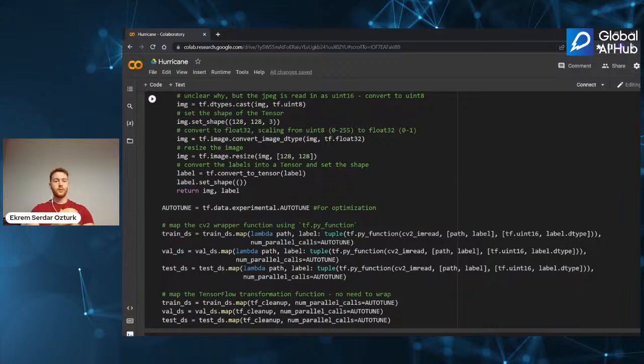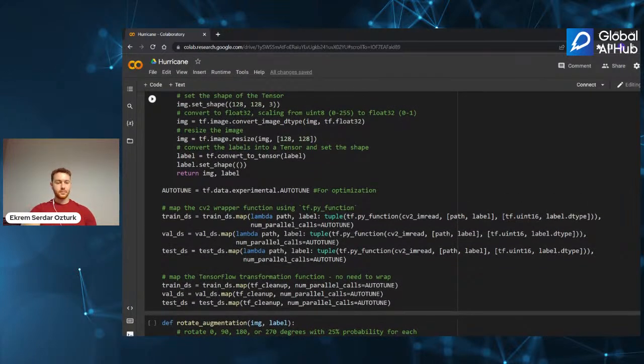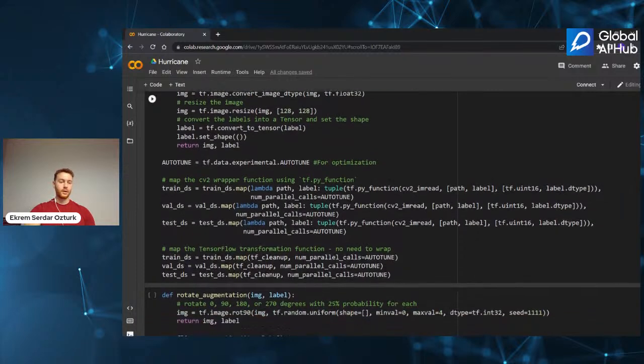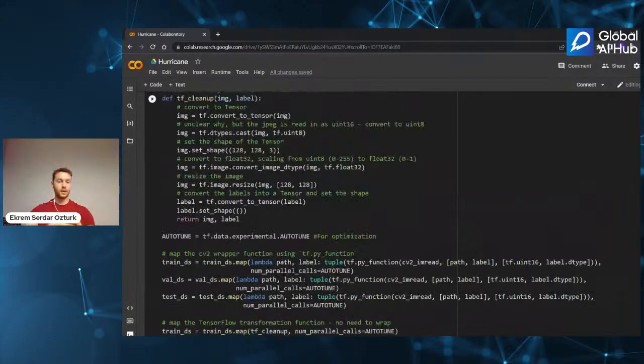Because otherwise, if you want to take the square root of a pixel value, it will be huge. But if you take the square root of a value between 0 and 1, it will be easier for our model. So we convert it, and again resize the image, and then convert the label to tensor, because we also convert our image to tensor.